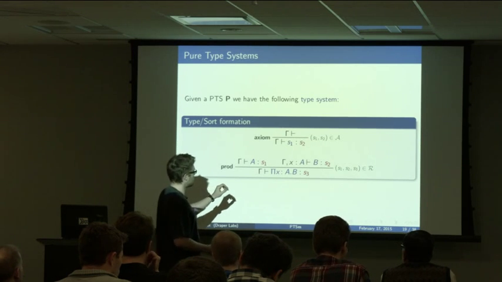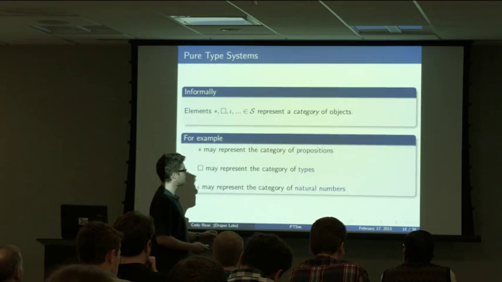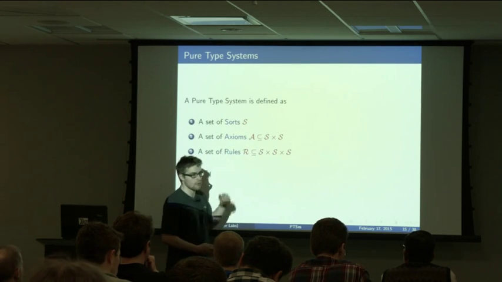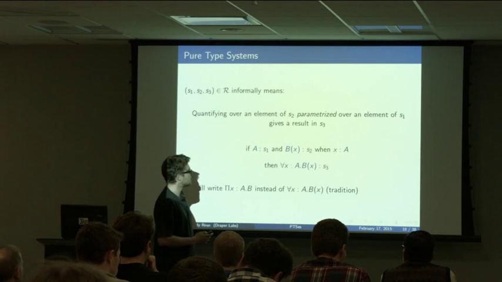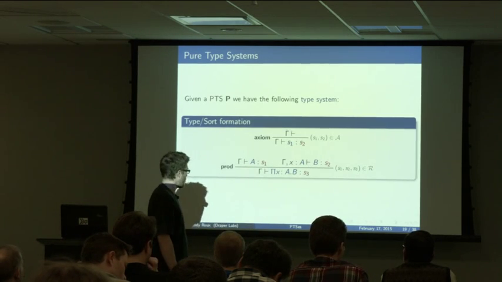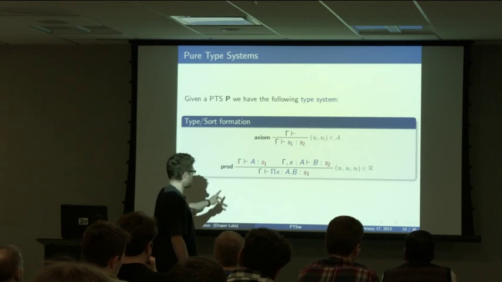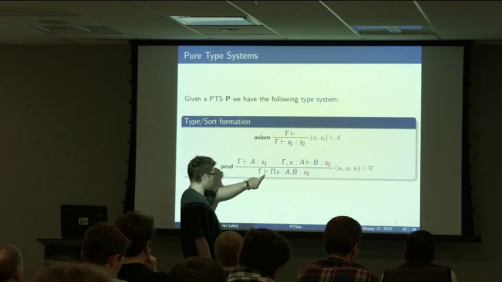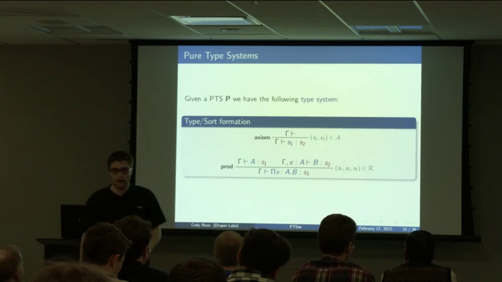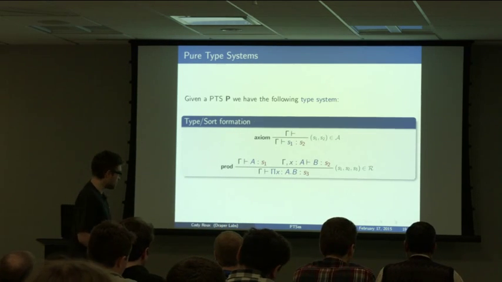Right now, I've just given you these intuitions, but I haven't said anything formal. So all I've said is you give me an S, you give me pairs, you give me triples, and I will give you back a type system, and this is the type system. And these slides are going to be terrifying to people who have never seen this symbol before, or this sort of line, this fraction here. But it's not as bad as it looks.